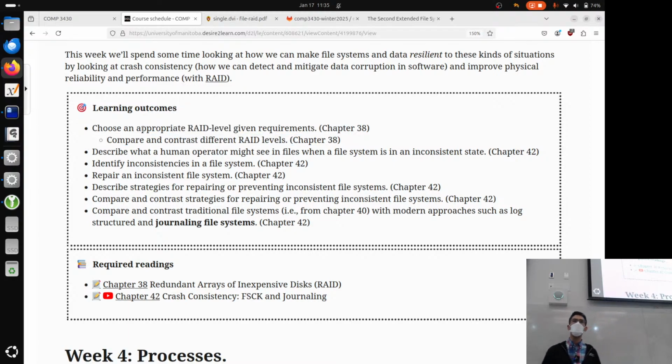Choose an appropriate RAID level given requirements or given a workload. I'm going to describe a situation to you, like these are the needs that I have as a person who wants to build a RAID array. Which one should I pick? Which RAID level should I pick for that? Or alternatively,